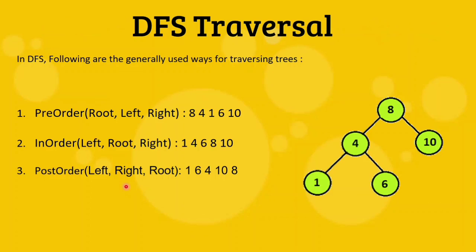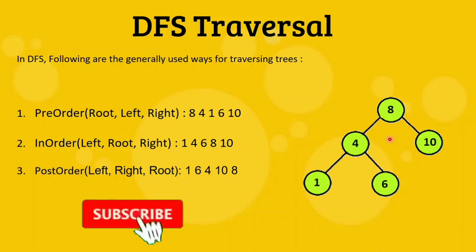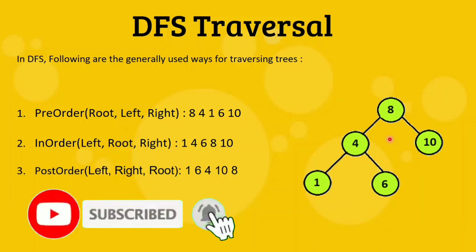And here in in-order, you can see our data is completely sorted. We have 1, 4, 6, 8 and 10. And using pre-order, again recreation of this tree is super easy. With this, we will sum up this video tutorial, but yes, our practical implementation is still pending. That we will cover in our next video tutorial.